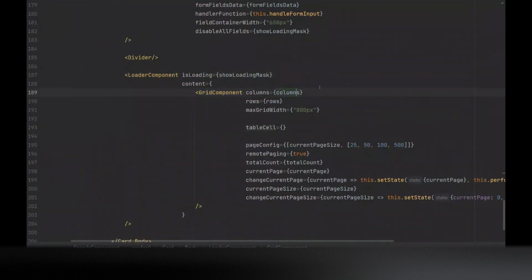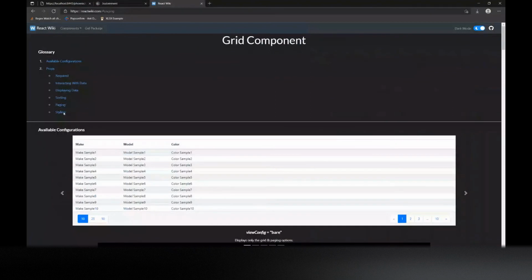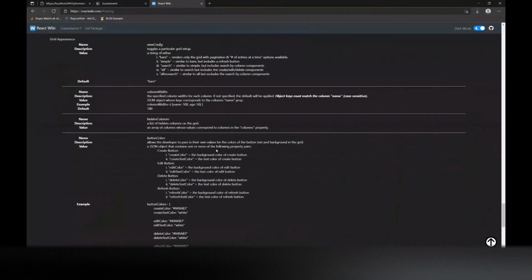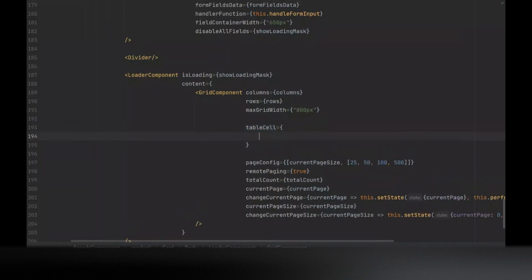For the grid component, TableCell, if you're going to look at the information for it, you can go back to the wiki. It should be under styling. Right here, TableCell. So it gives you an example. What it passes in is your row, column, and then the rest of the properties. So you just want to do the same thing. So TableCell,